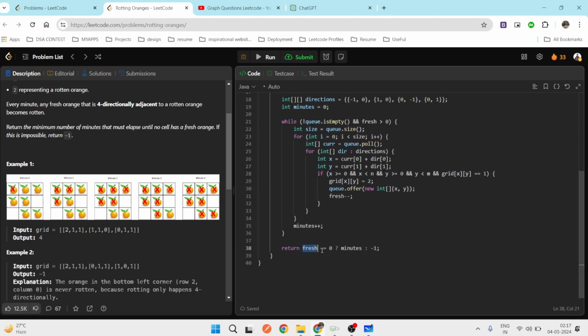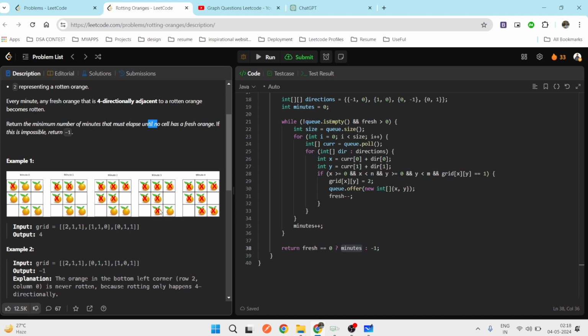So if our fresh value is equal to 0, we return the number of minutes taken to make all the oranges rotten. Otherwise we return -1, meaning it is impossible to make all the oranges rotten. Like in this example, if we remove this gap then these oranges will not be rotten, so in this case we will return -1. If we submit it,